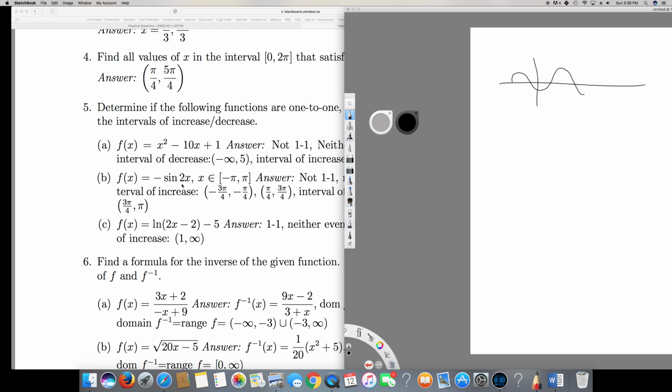And to check whether it's an even function, you have to put f of minus x, so it's going to be minus sine 2 times minus x, which is not equal to f of x, so therefore it's not an even function. But if you put f of minus x, it will become plus sine 2x. According to the function, if f of negative x is equal to negative f of x, it's an odd function. If you put a negative value for x, it becomes the opposite sign of sine 2x, therefore